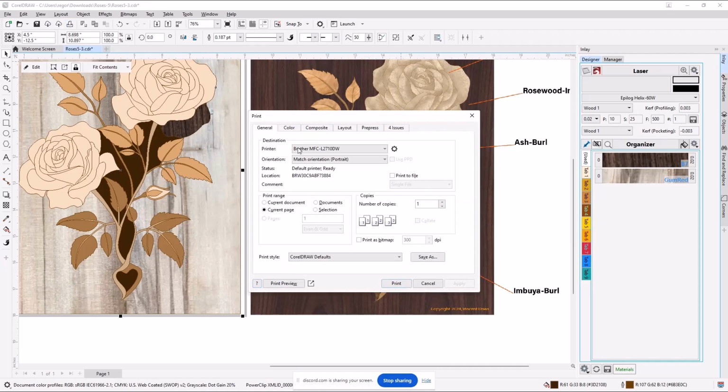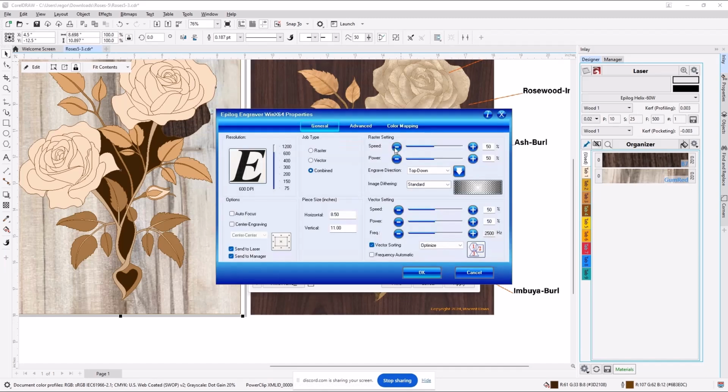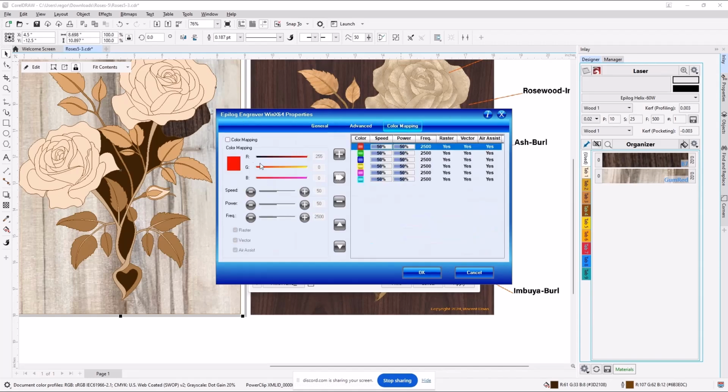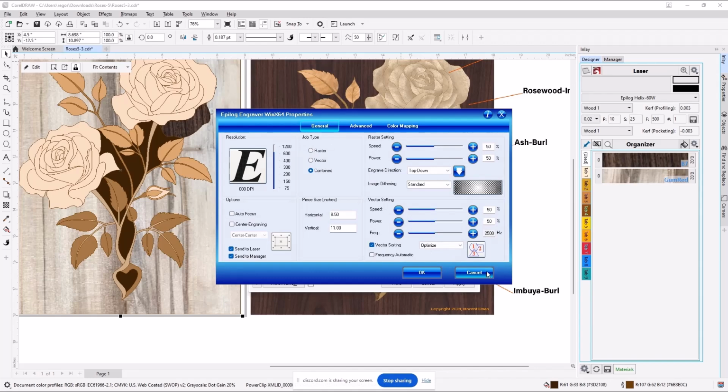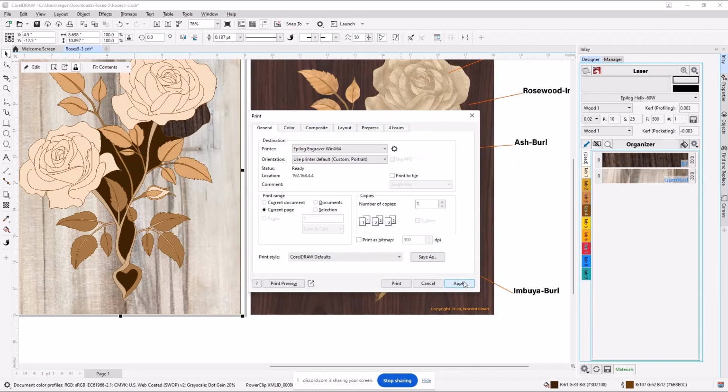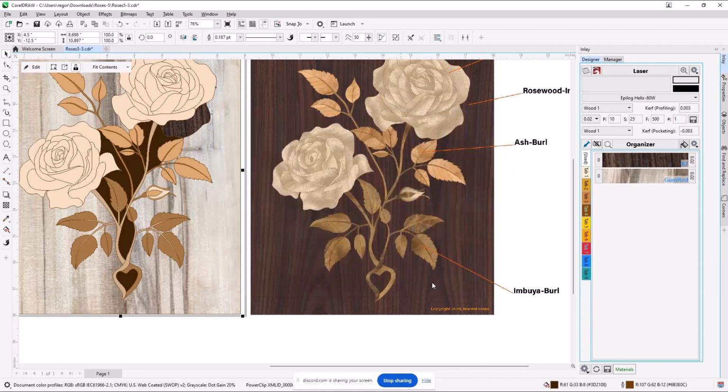When I select the Epilog, it's attached to my computer as a printer. So it's got its own set of menus, its own set of, like I said, remember the word color mapping? I can go in there and specify any speed, any cut rates, any raster or air assist as part of that interface for that printer. So things change in the environment. I'm going to cancel out of here because we don't need to do that.